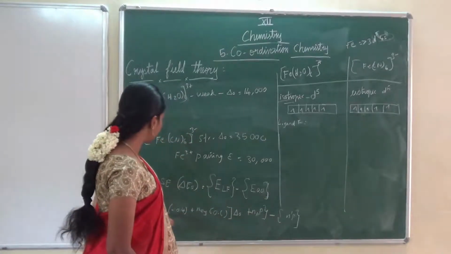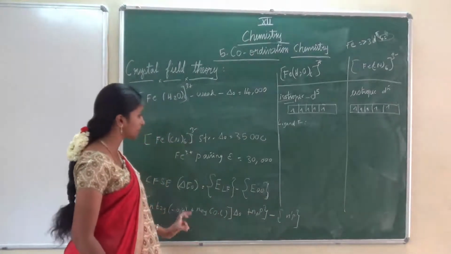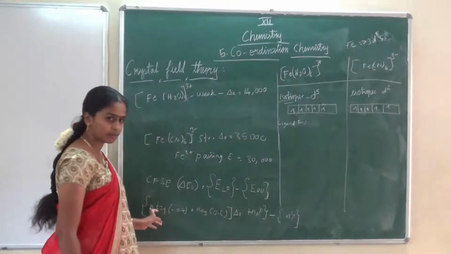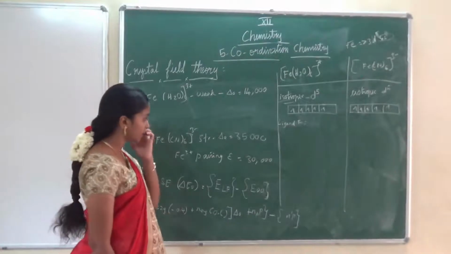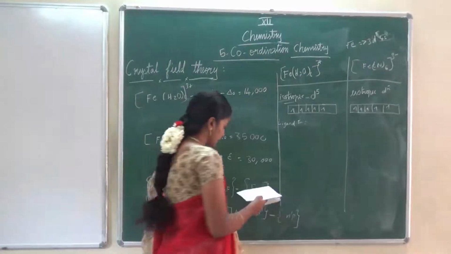Now here, N into P2G into minus 0.4. Now N is nothing but the number of electrons in the T2G orbital. Okay, so first, when the ligands approach,